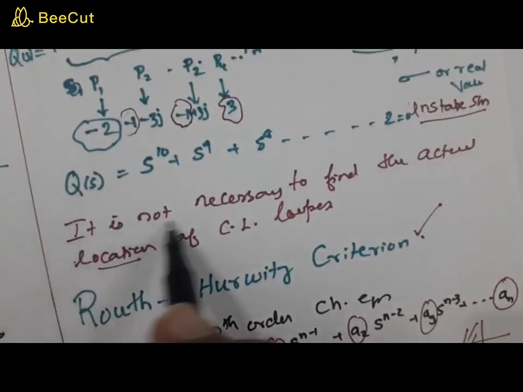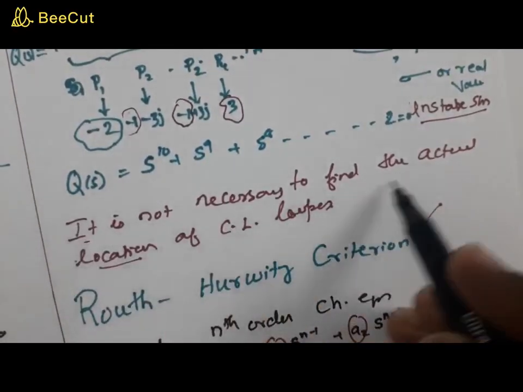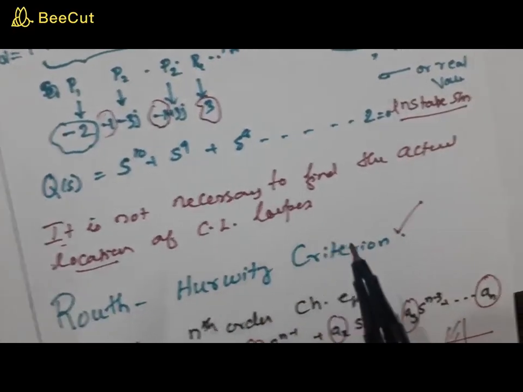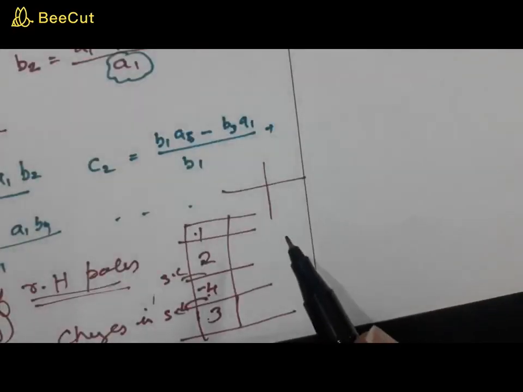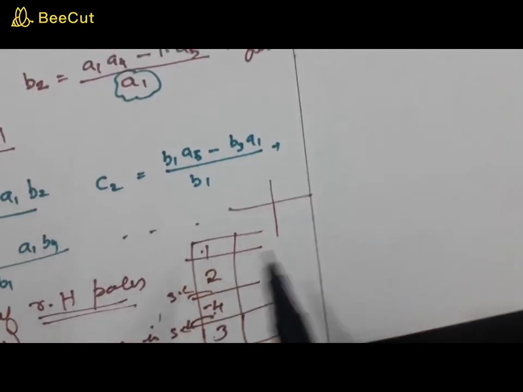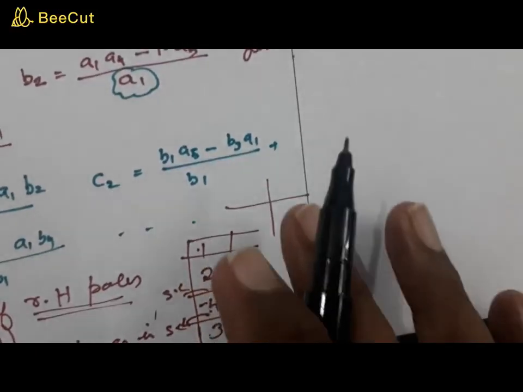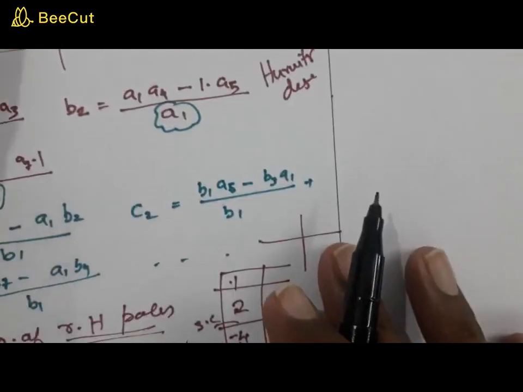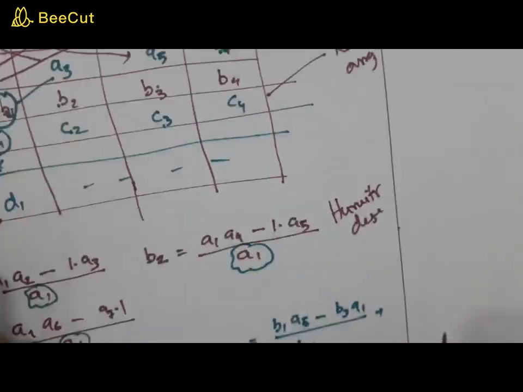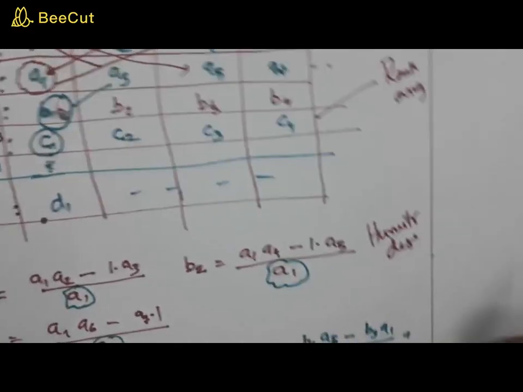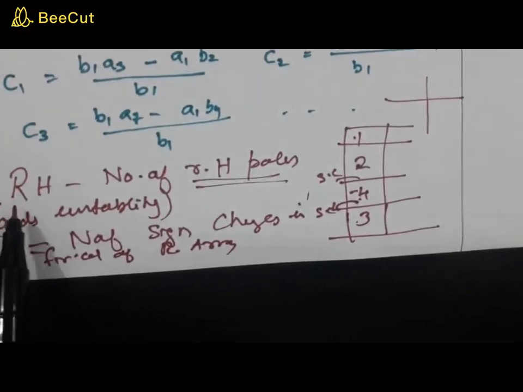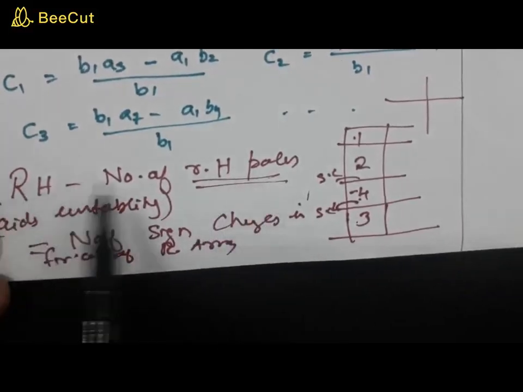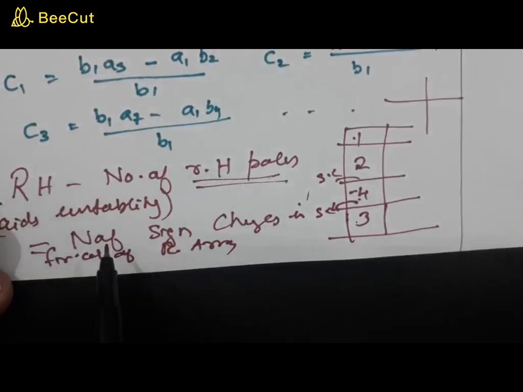it is not necessary to find the actual location of the closed loop poles. You don't need the actual location. If you have the RH criterion, you will get the number of right half poles without solving for the roots. So this will be of great help when the polynomial is of higher order. So the criterion states that the number of right half poles is equal to the number of sign changes, or you can say that